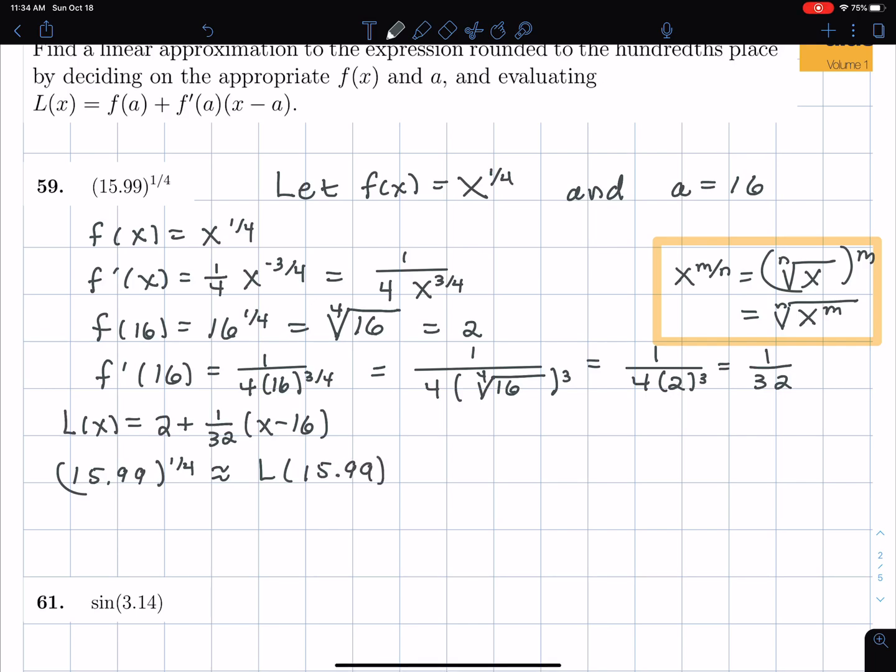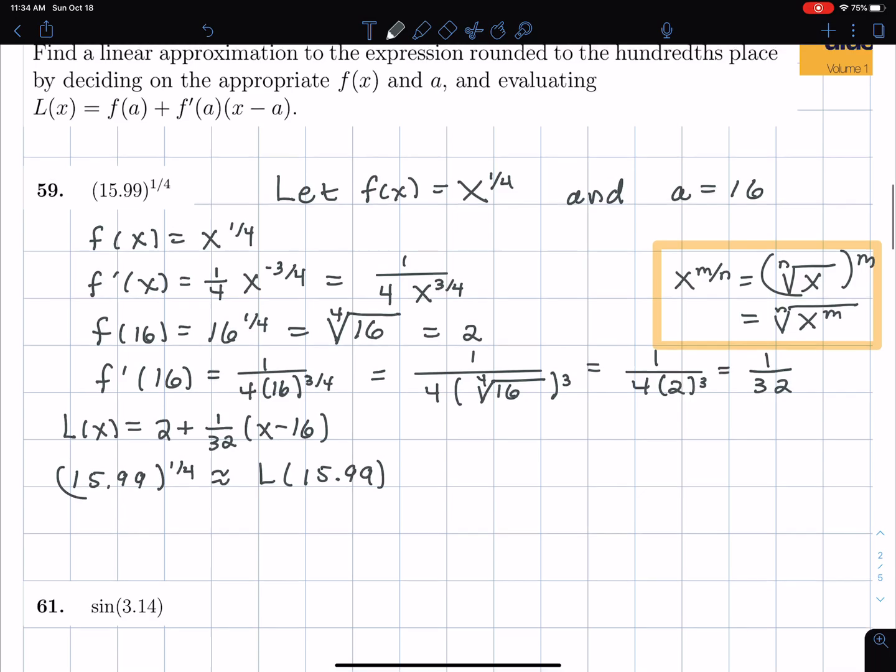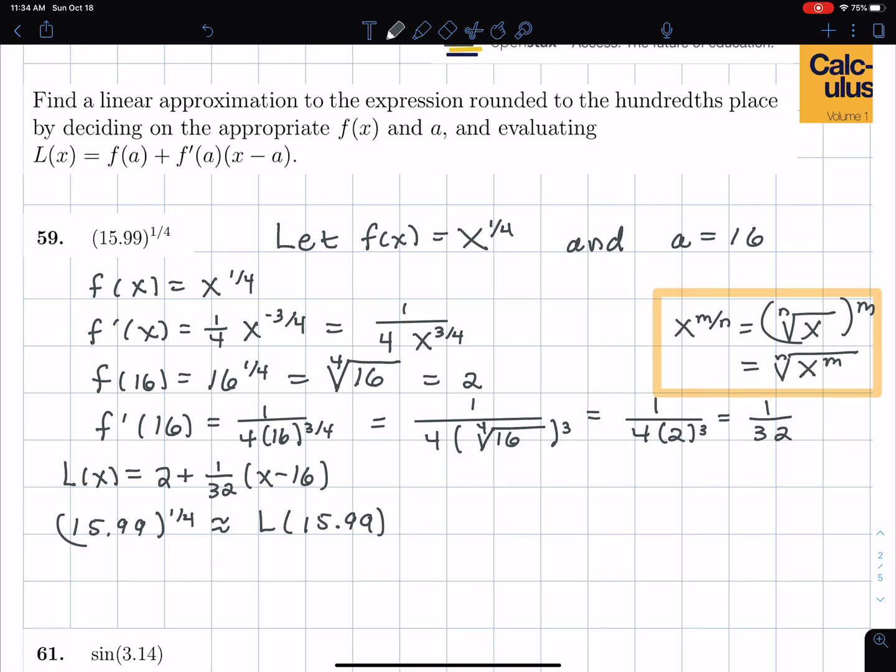Okay, so this is why we have a linear approximation: if I put in x equals 16, I actually get 2. So if the approximation is done around a equals 16, and if I put in for x into L of x, if I put in 16, I get 2. If I put 15.99 in, I get something close to 16 to the 1/4. And so this is going to equal 2 plus 1 over 32,